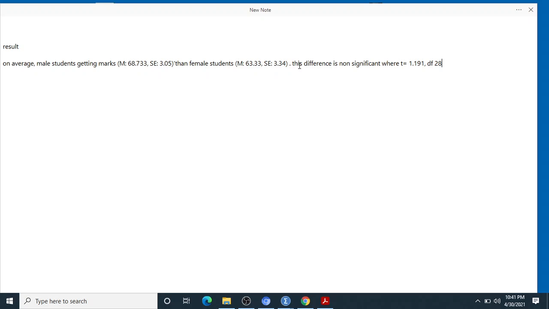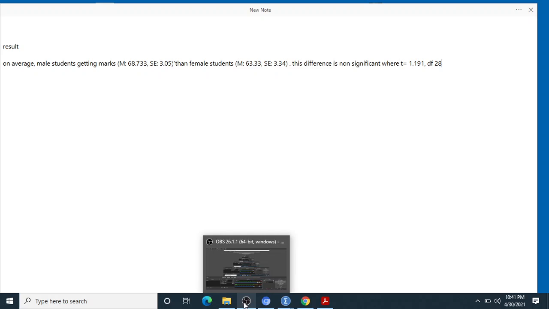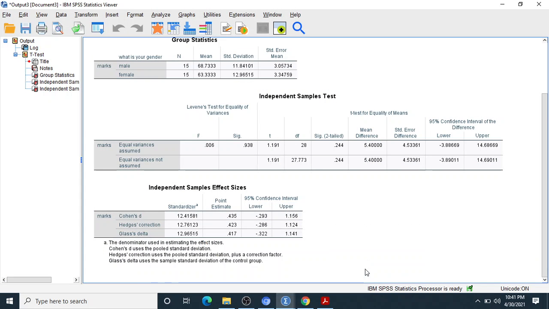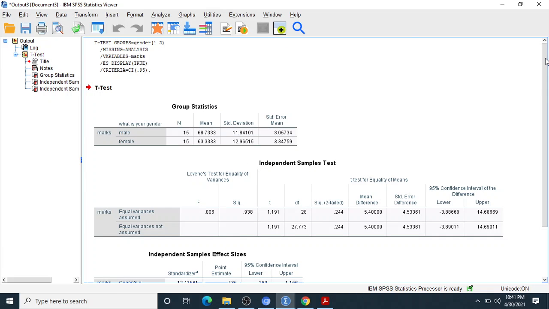what outcome will be there? This difference is significant, but right now this difference is non-significant. So this is the interpretation on the basis of this result. I think it's clear to all of you how to calculate the independent t-test and where we use this independent